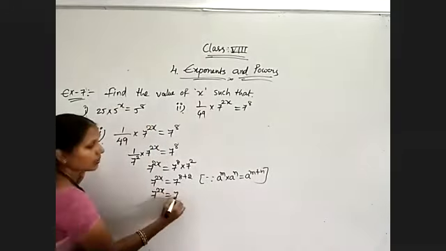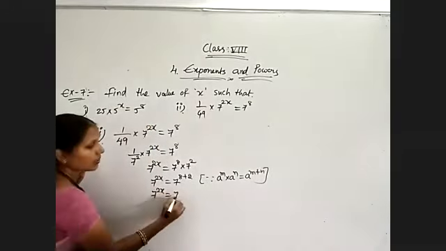This one we can do by using another formula also. Just now I told you, a power m by a power n is equal to a power m minus n. On the left side only we must use that. 7 power 2x by 7 square, a power m by a power n, gives 7 to the power of 2x minus 2 is equal to 7 to the power of 8. Because a power m by a power n, by simplifying again you will get the same answer. So we can do it in both methods. Try to do the other method by yourself using the a power m by a power n formula.